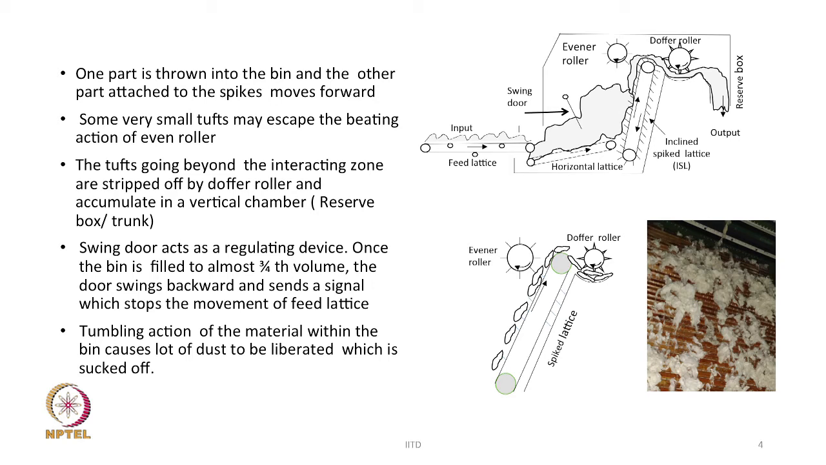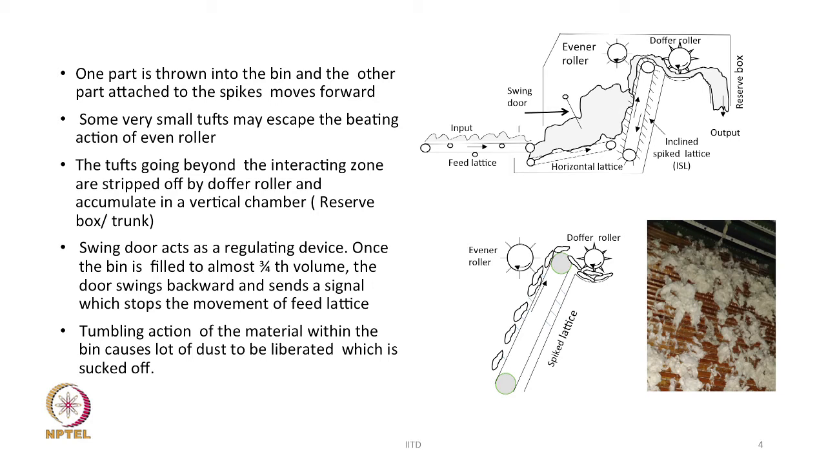The other thing about this machine is that there is a swing door over here as shown in this diagram. So, there is actually a rod which is hinged over here and the rod can swing in this direction. The swinging action depends upon the volume of material that we have inside the bin. If the bin is filled to the extent of 3/4, the door will swing on the left hand side, and